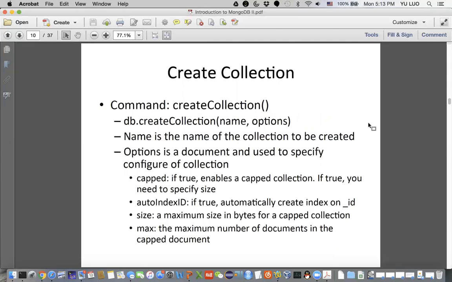When you create a database, you should make sure that you are in the correct database, because sometimes you are going to create several databases. So every time you try to create a collection, you should first check the database you currently selected. Just use the command db to find the current selected database. Also, when you try to create a collection, the collection is the second level of MongoDB. So just type this command in the command line. db.create